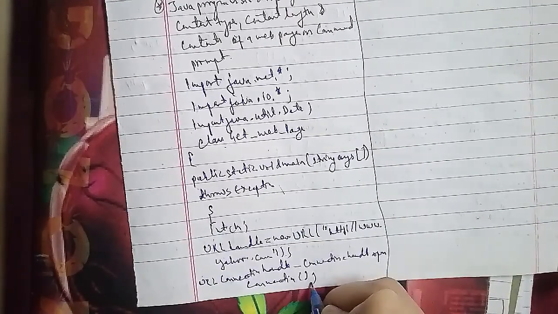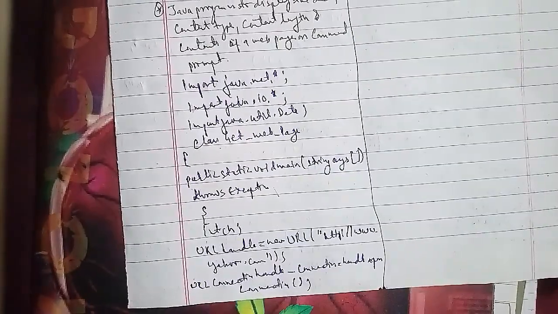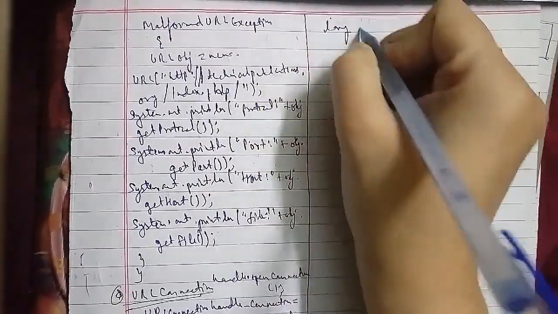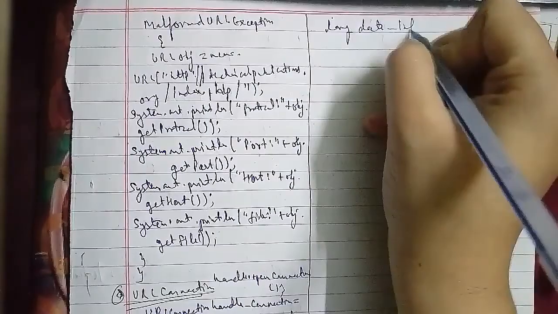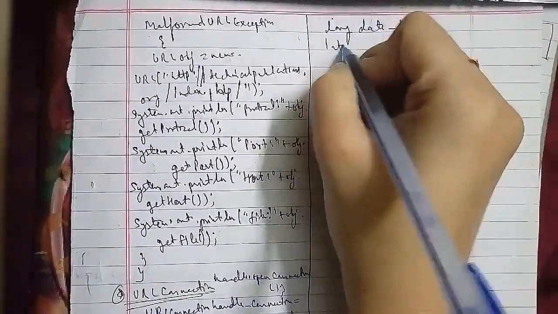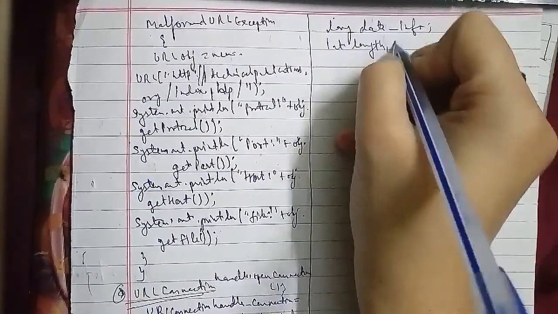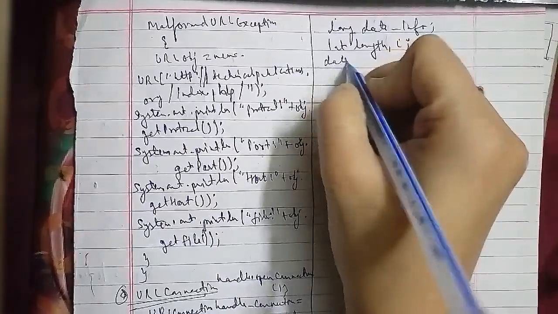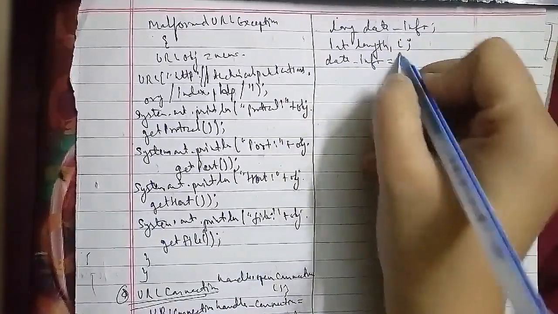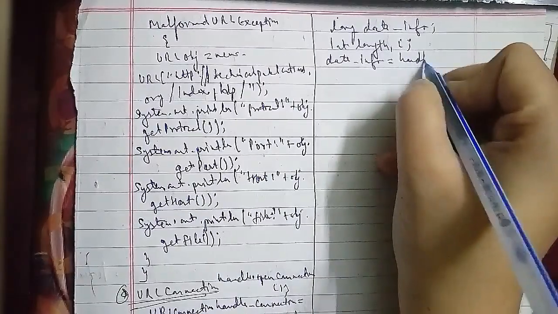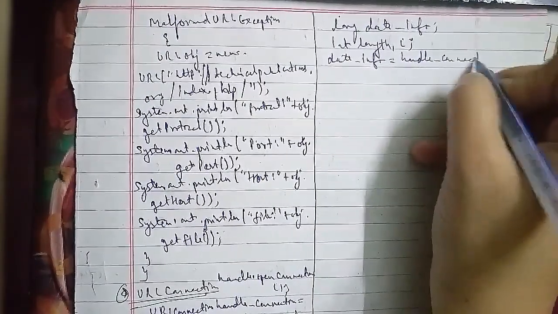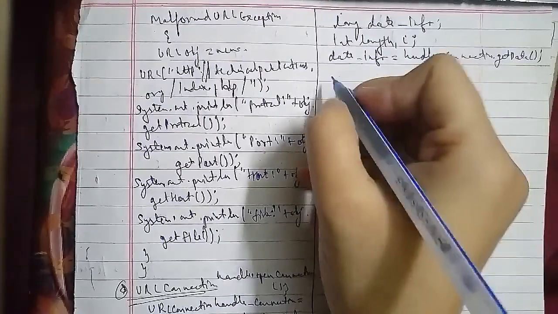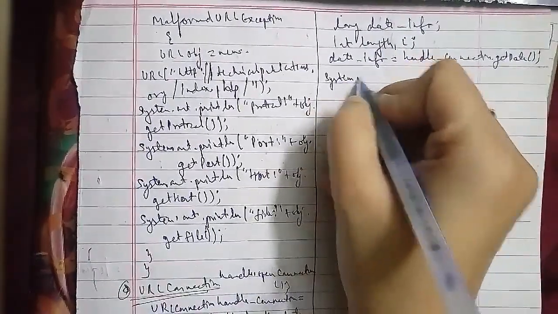So here with if length equals 0 here, after that we will start with a curly bracket, that we are going to write down as System.out.println("\nEmpty contents of web page are\n"),